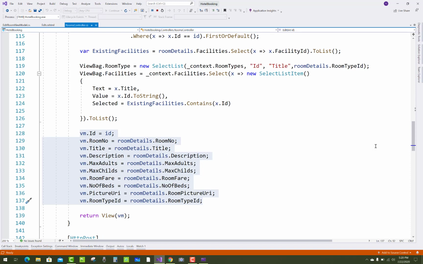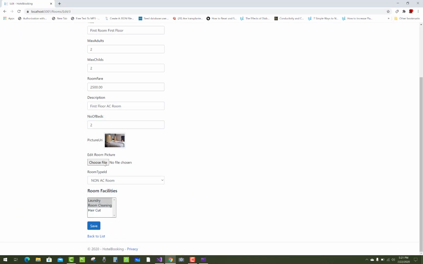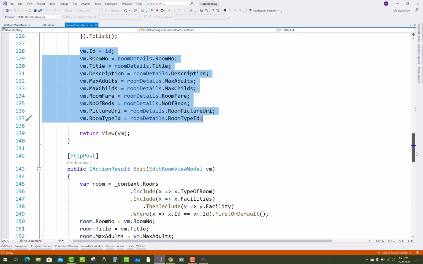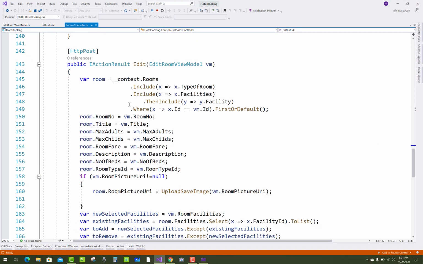Okay, so after that, when we make any changes and click on the save button, these things happen. The context.Rooms, you have to get the room according to the VM.ID, and EditRoomViewModel is there. So the instance of room number, title, maximum adult, maximum child, room fare, description, number of beds, and room type ID is changed according to the view model.